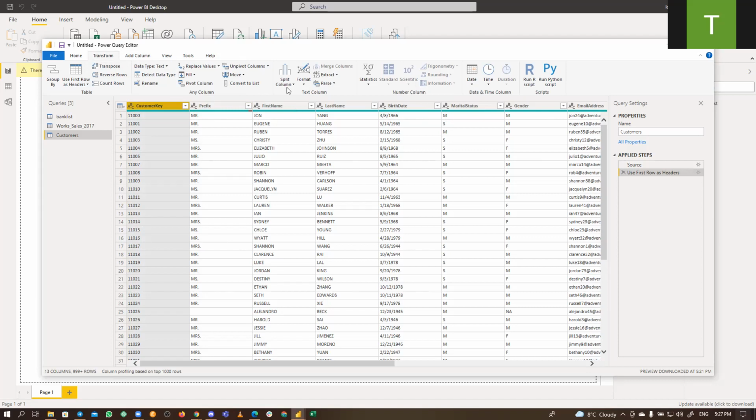So this text column is used for anything that has to do with text. Probably you want to split by delimiter and all of these things. You want to transform to lowercase, uppercase, and all of that. And we have the number column as well. You can use this to perform statistics or maybe addition, subtraction, trigonometry, and all of those things. These are things you can look into and try to explore inside of the text specific tools.